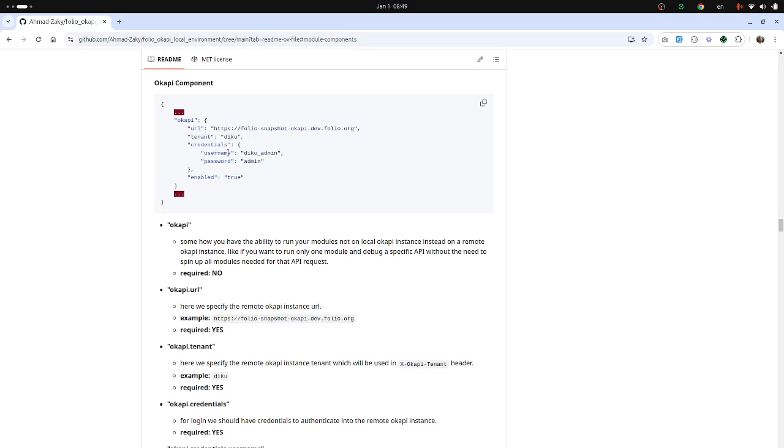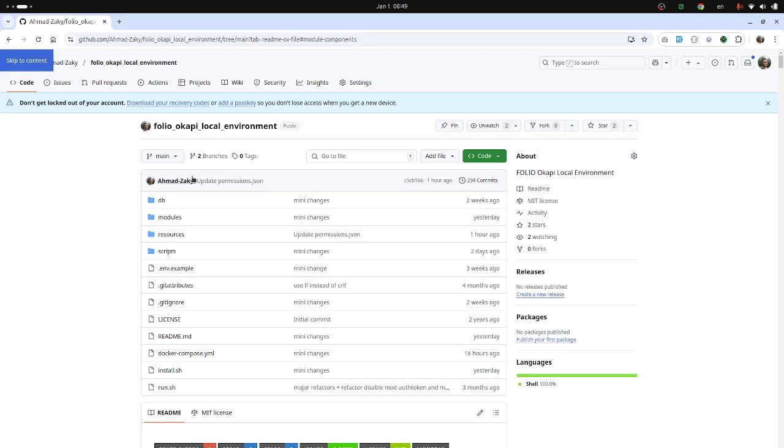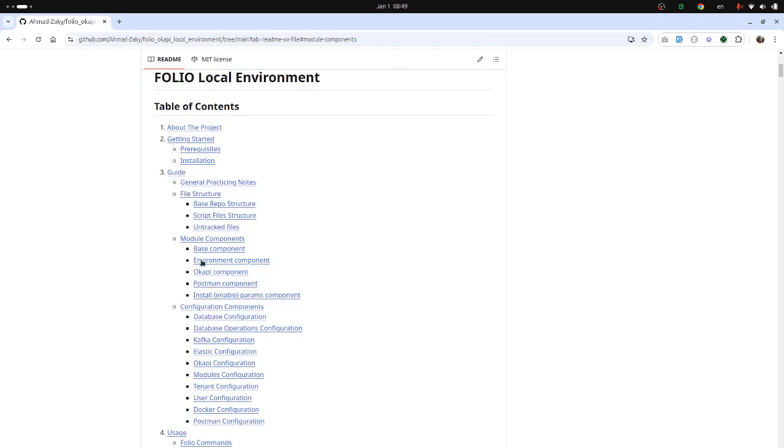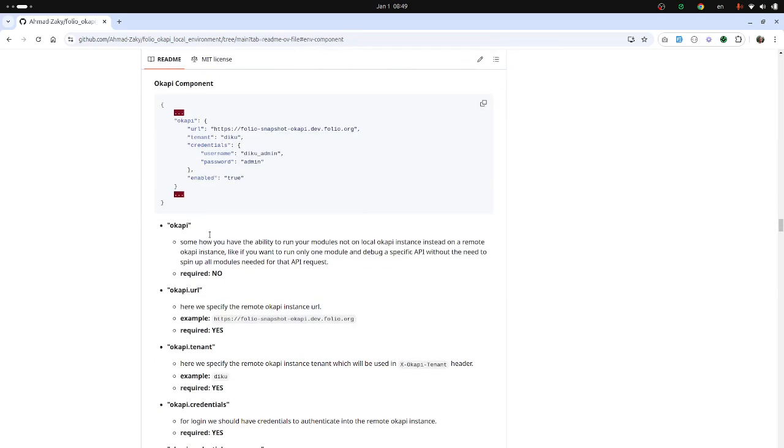And these are diku_admin as username and admin as password. And all these credentials are present or existing in the Folio documentation. If you go to the Folio documentation, you will find all this information there. Okay, so